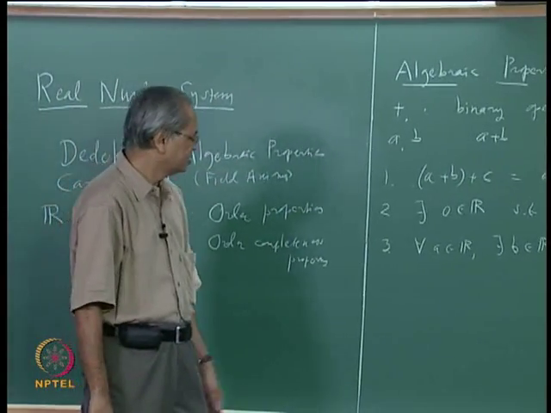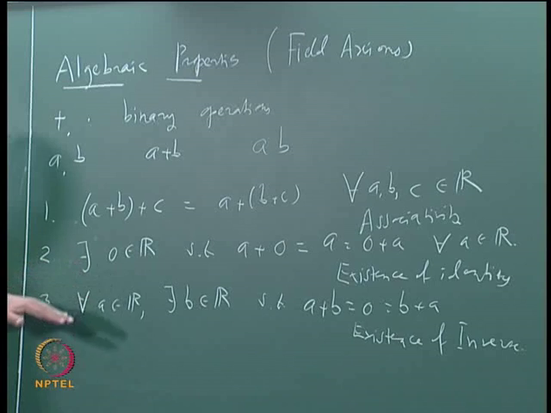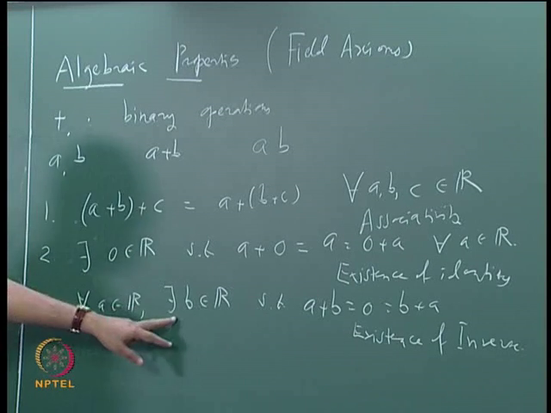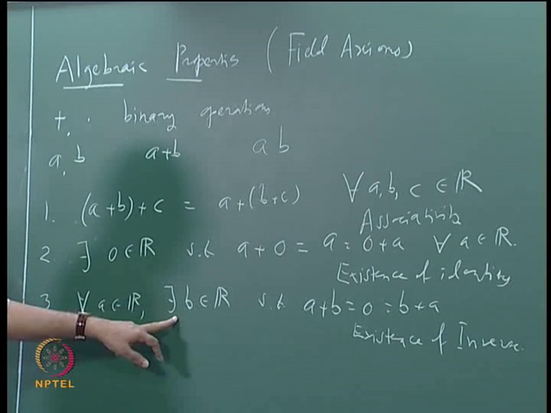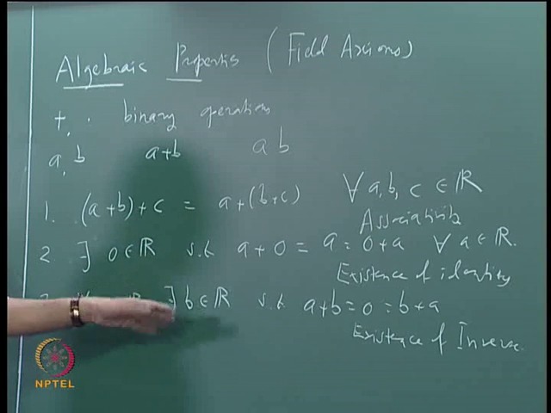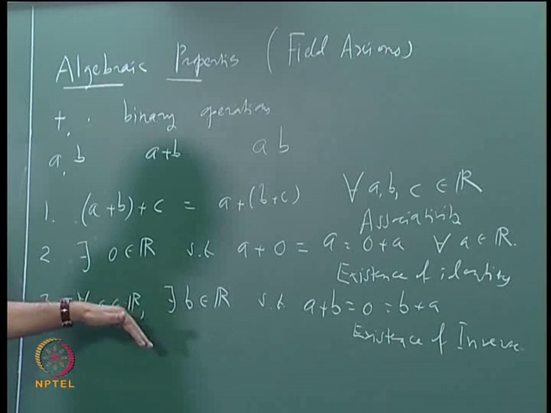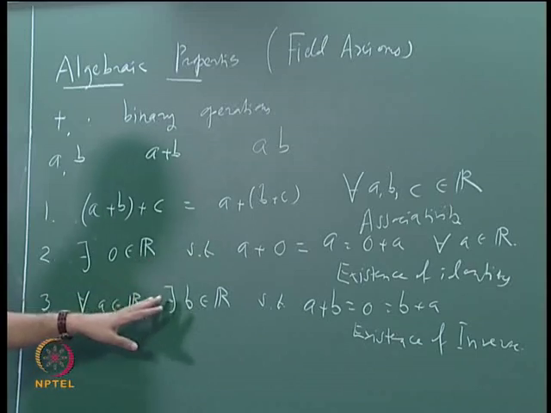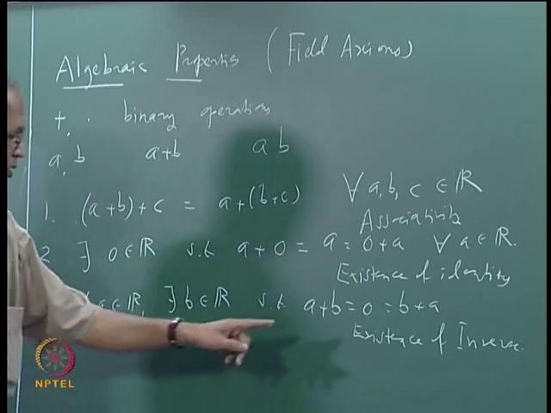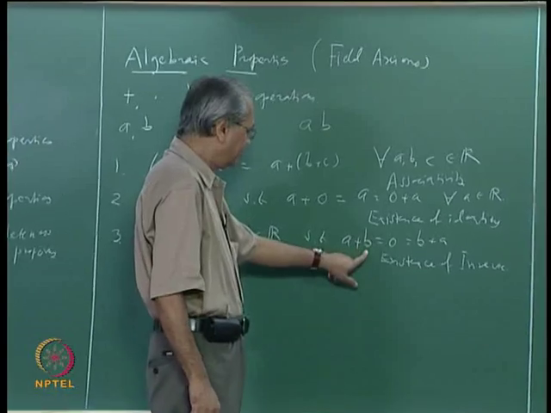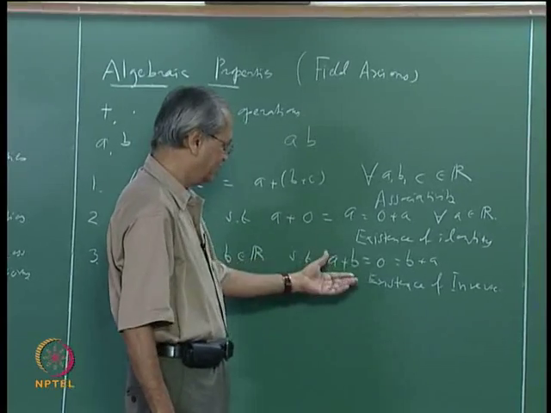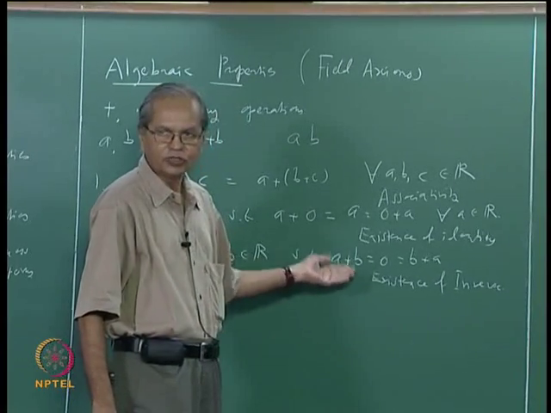Again, a similar comment with respect to identity: I have not stated here that this element b should be unique. But you can prove it. There are standard ways of proving that. I will not go into that kind of proof, because we will learn something like this in algebra also. So this element b is unique, and so we can use a notation for this,